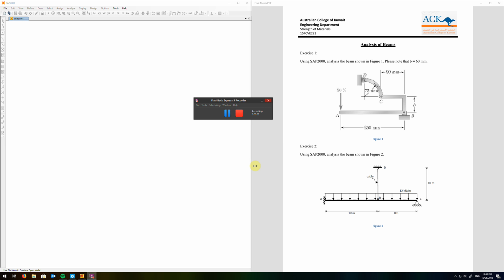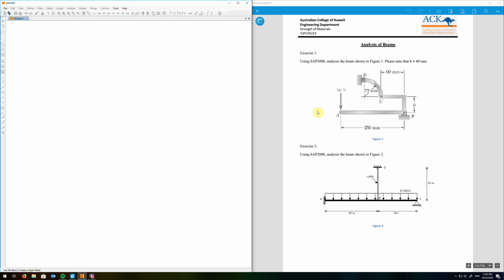Alright guys, now we will do experiment 4, exercise 1, which is basically this one. Again, the first step. Actually, there's nothing special here. We just have one load, which is in newtons, and then I have my dimensions, which are in millimeters, so that is our units. The distance B here is actually 60 millimeters,